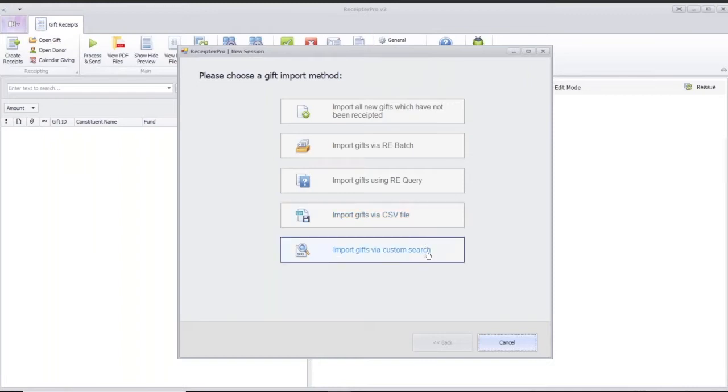And the last option is to import gifts via a custom search. You could specify, for example, a constituent ID or gift ID, etc. So I'm going to go ahead and just demo two of these options here so that we don't take up too much time. I'll start with importing gifts via the RE query. So if I click this option,